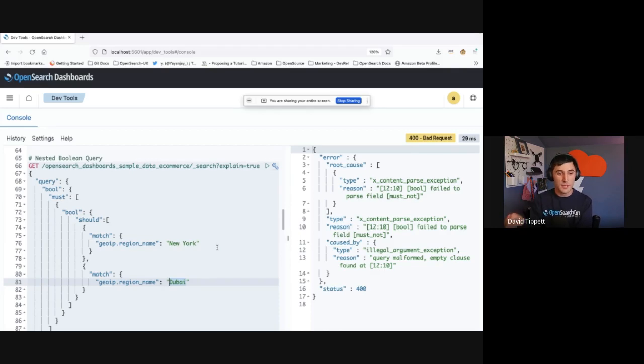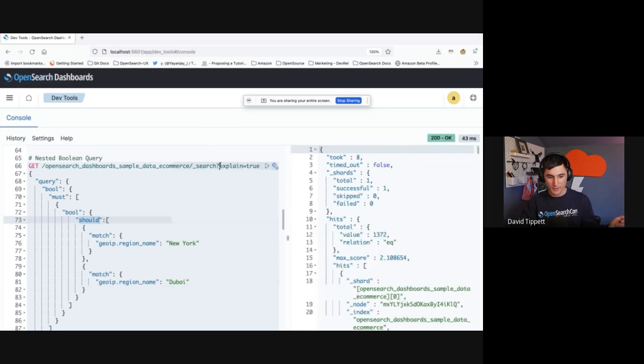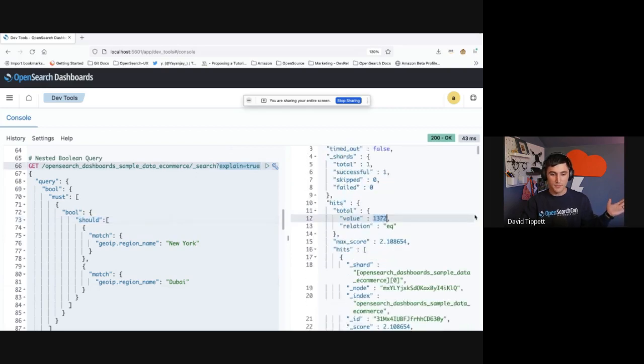I want to look at orders that are shipped from either New York or Dubai. Because this is a should, it's an either or. So we will return all the documents containing New York, all the documents containing Dubai. If we run this, and I've got my little explain flag here too, we see, look at that, 1372. If I put this inside of a must,